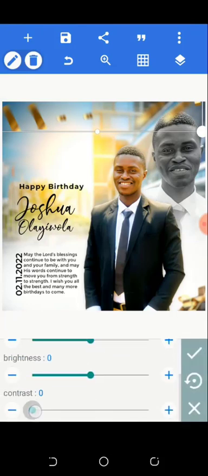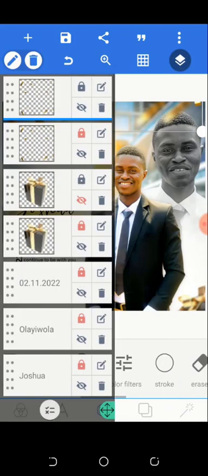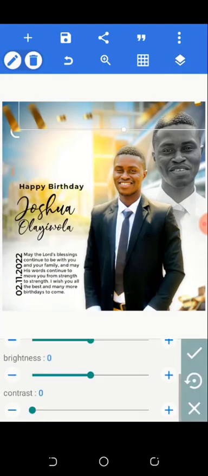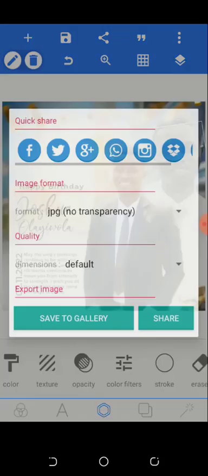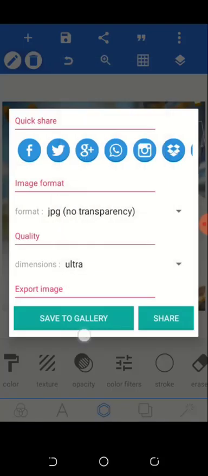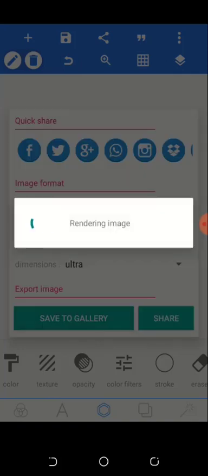Oh god, let me just add contrast to it. Just contrast. Now you can see this thing doesn't pop out now. Alright, so I should have done that before I saved the other one. Now the reason I'm doing this, you see